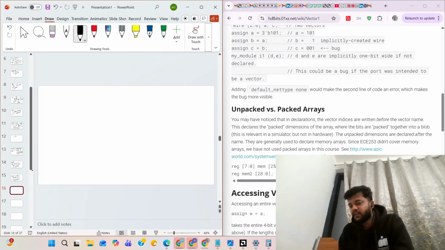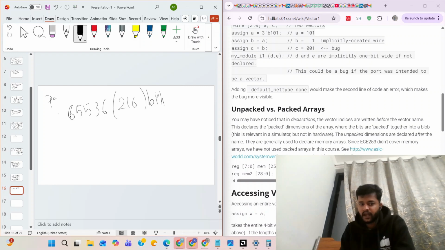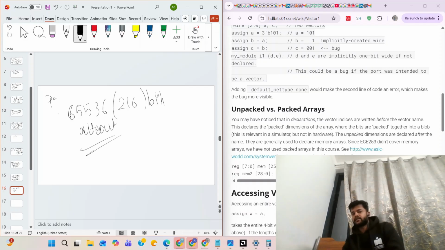And the maximum size of a packed array can be limited, but at the minimum you should have 65,216 bits. At least you should have this to generate a packed array.